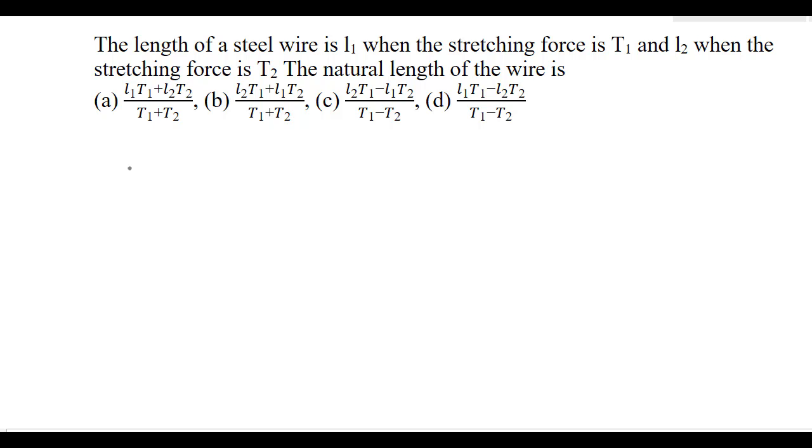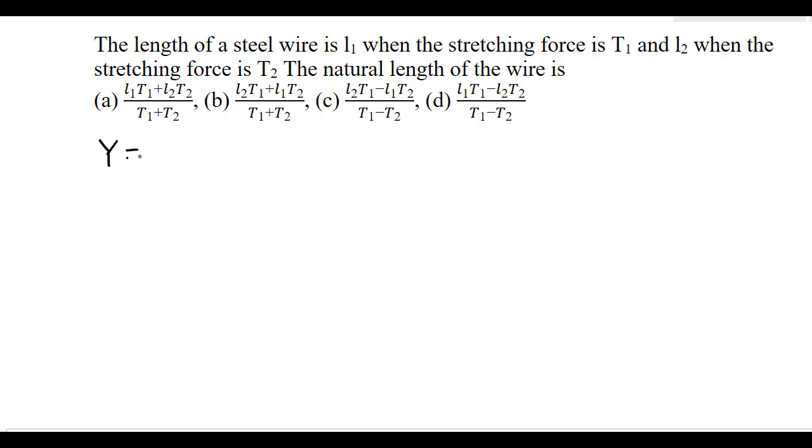The length of a steel wire is L1 when the stretching force is T1 and L2 when the stretching force is T2. The natural length of the wire is, and there are 4 options. Now, the length is L1 when force T1 and L2 when force T2. Now to find the natural length,